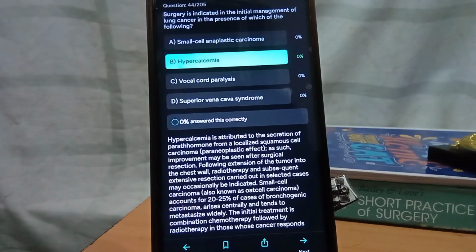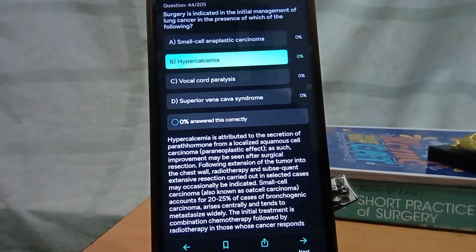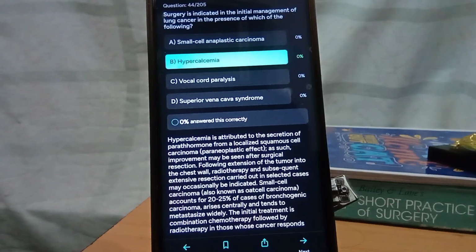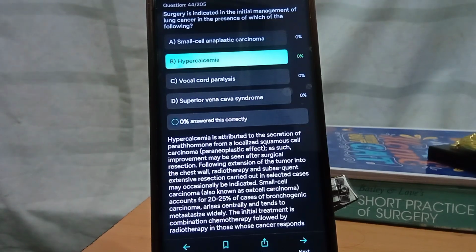Surgery is indicated in the initial management of lung cancer in the presence of which of the following? Hypercalcemia is attributed to the secretion of parathyroid hormone from a localized squamous cell carcinoma. It is a paraneoplastic effect. As such, improvement may be seen after surgical resection. Following extension of the tumor into the chest wall, radiotherapy and subsequent extensive resection carried out in selected cases may